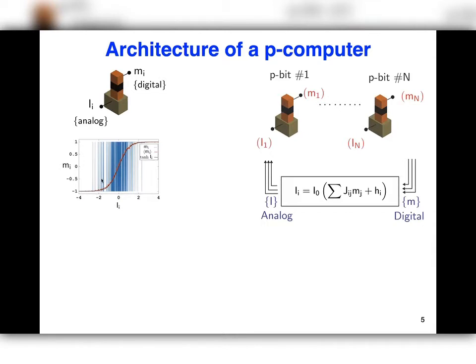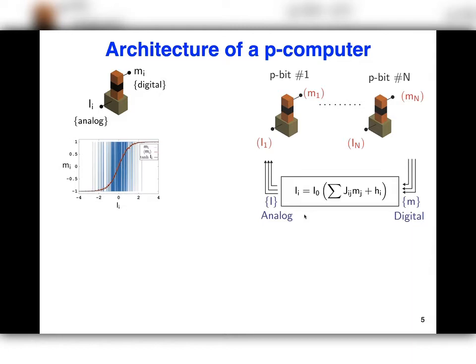And that's achieved by this architecture where we have these n of these p-bits, and they interact by what we call a synapse or a weight logic, where you take the outputs of these digital p-bits, you get a linear combination of their outputs, and then produce an input for each of these p-bits. Okay, so that's one of the simplest feedbacks that you can do, with linear combinations. Though I must mention that this is only a special case. You could have more complicated feedback mechanisms for much more general problems.